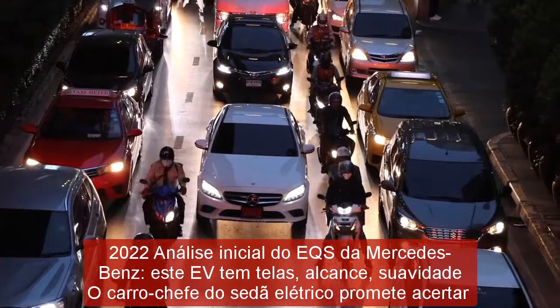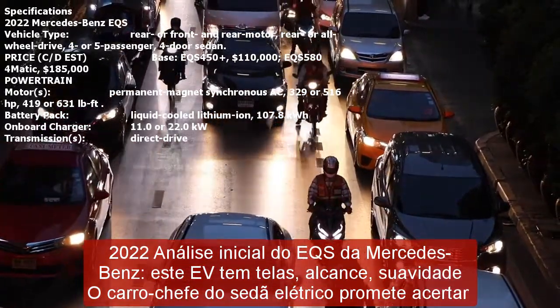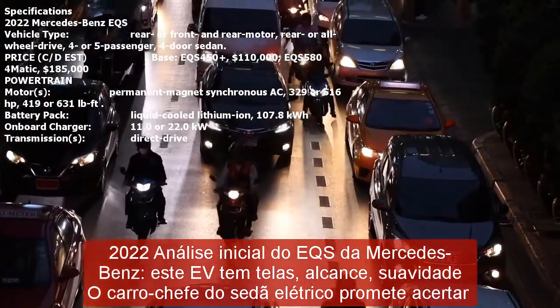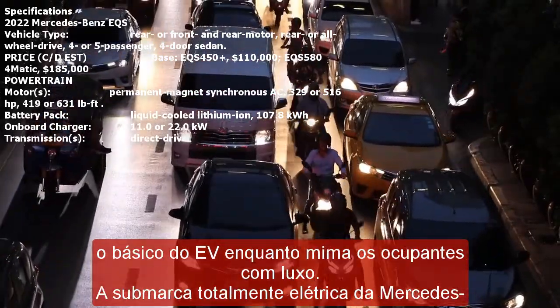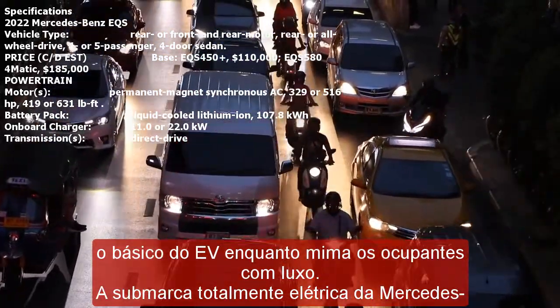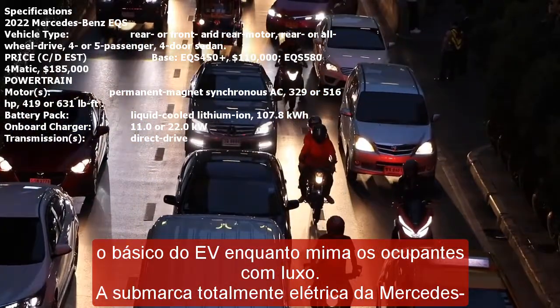2022 Mercedes EQS First Look. This EV has screens, range, smoothness. This flagship electric sedan promises to nail the EV basics while spoiling occupants with luxury. The Mercedes EQ all-electric sub-brand is finally ready to make its grand debut with the reveal of its flagship model,